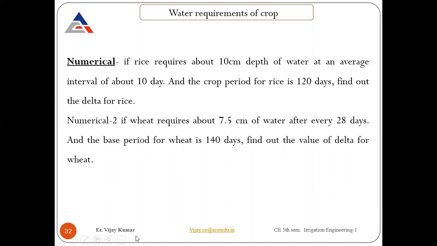So I hope you can solve this question. Let me share the polls with you. Put your answer into that poll. The poll is on your screen. Solve that question and give your answer in the polling question part. Calculate the value of delta for the given question, question number 1.